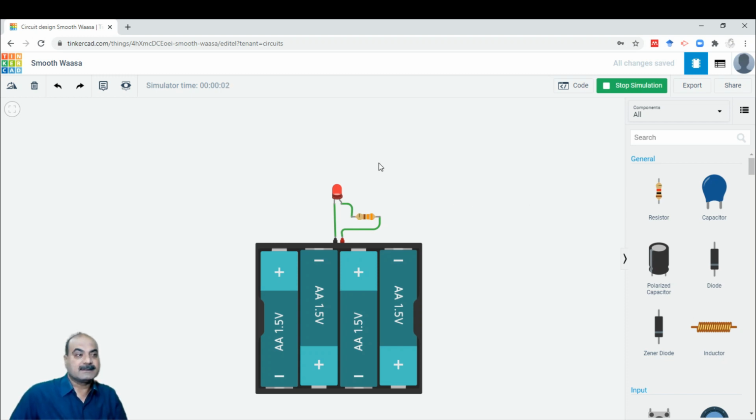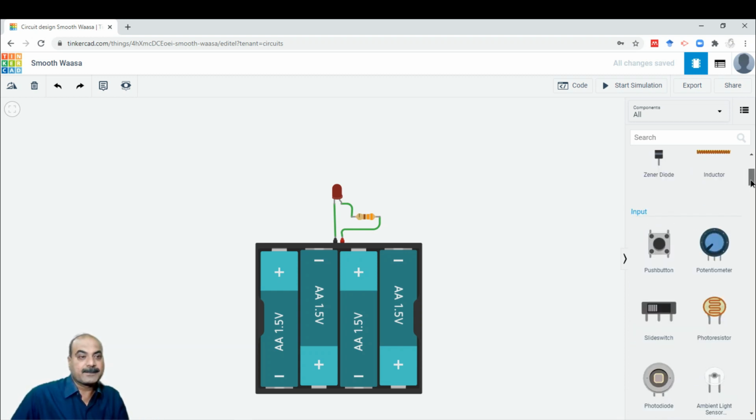Fantastic. So it will light properly. Fine. And now, say for example you want to make an on off switch, to start the LED and close the LED, so here a switch is also there. Say for example this slide switch is available. Okay, so I'm connecting my circuit with the slide switch. Fine. So what I will do,